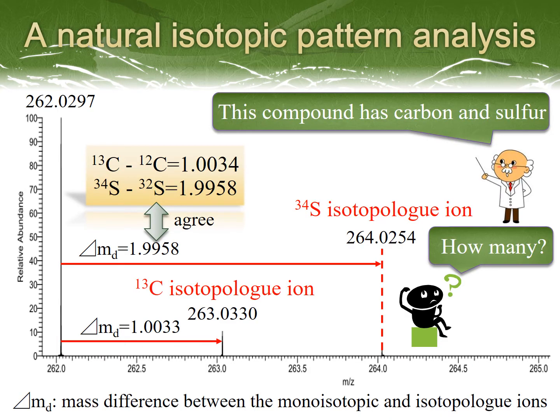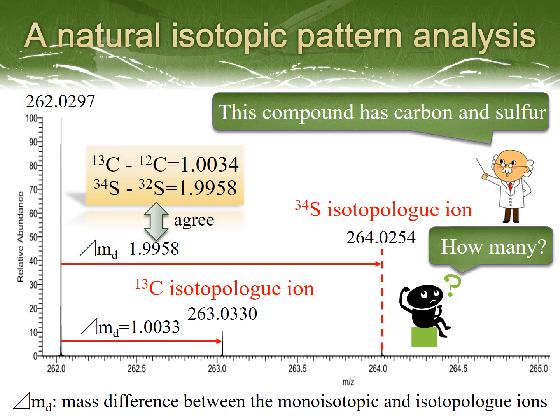This is the same mass spectrum as shown in the former slide. Please have a look at the most abundant ion. Its m/z value is 262.0297. And the adjacent ion's m/z value is 263.0330. Their difference is 1.0033, which corresponds to the mass difference between carbon-13 and carbon-12, 1.0034. Let's see the ion of m/z